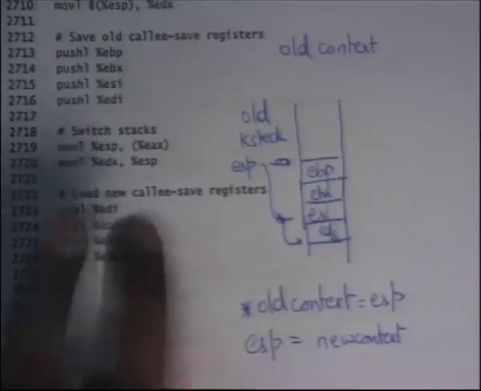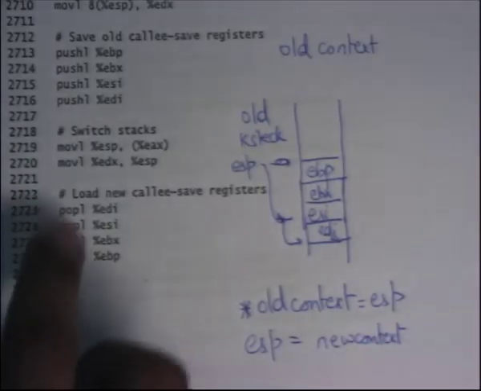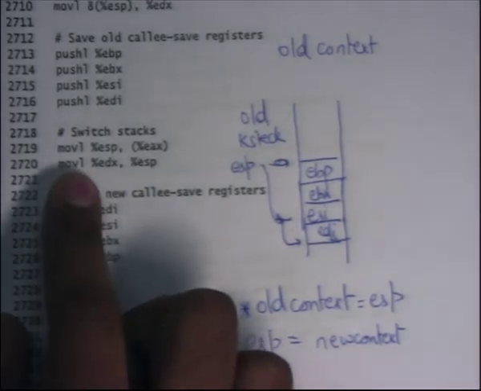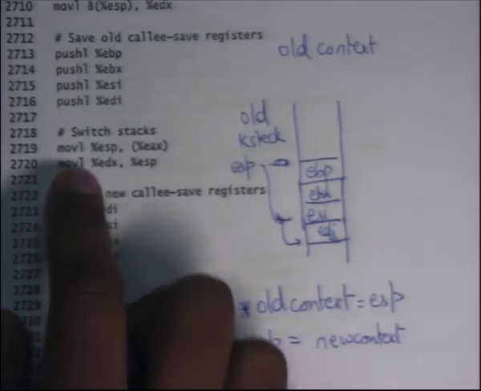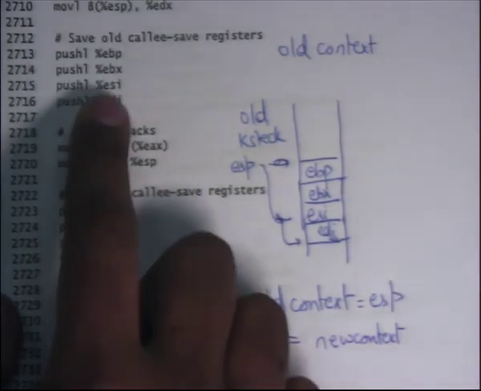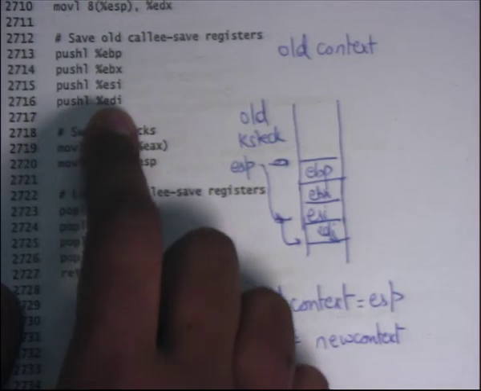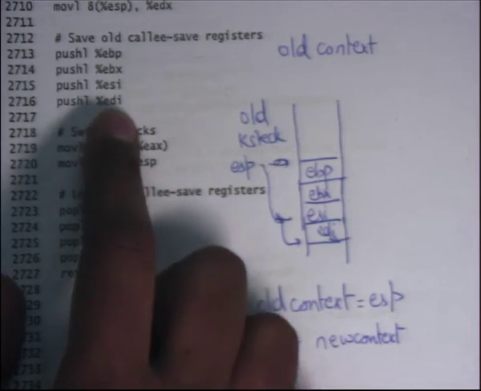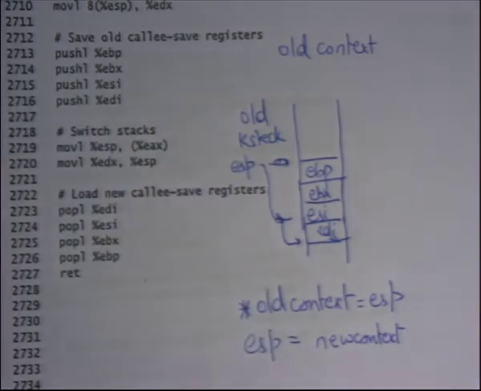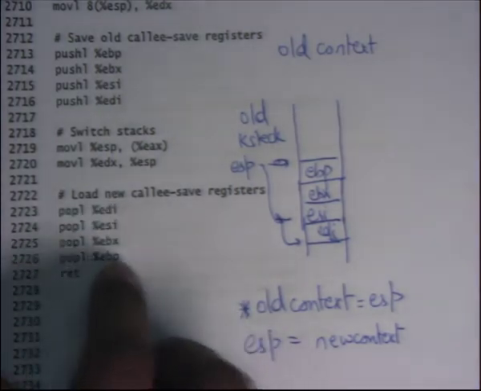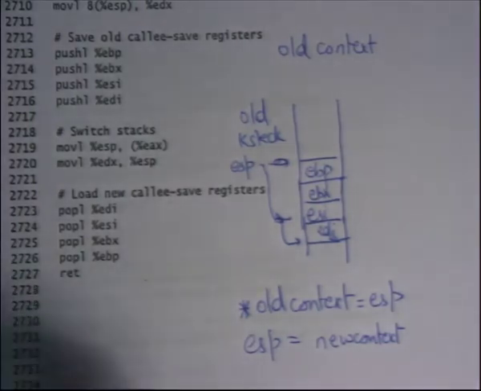So that's where you switch the stack, and basically all saved stacks in the kernel will always be in the state where the last 4 values in the stack will be these saved values, EBP, EBX, ESI and EDI, always, right. Whenever you switch to a stack, the first thing you will do is pop off all these values, and the 5th value will be the return address, so return will return to that address, right.